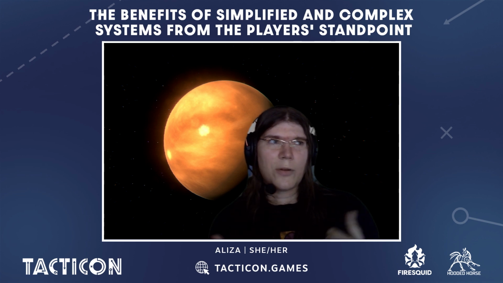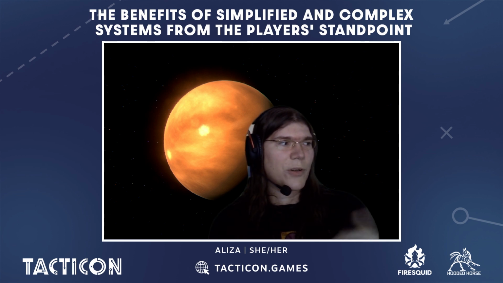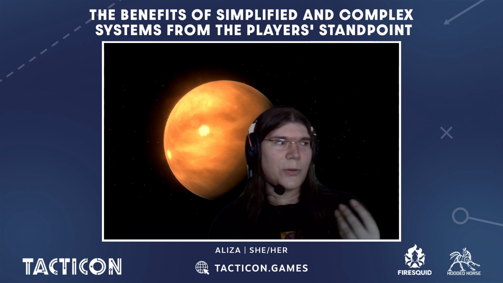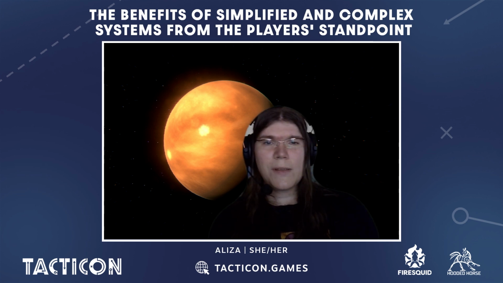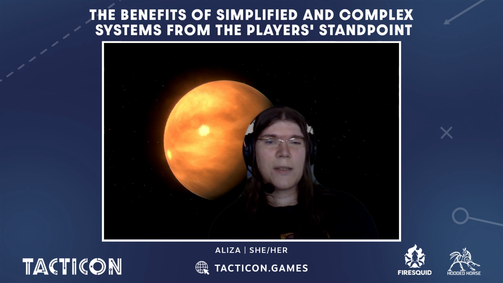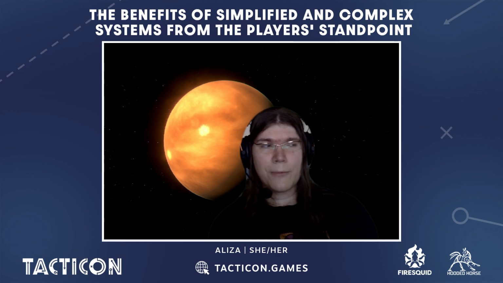So we are not going to measure a spell's duration in nanoseconds. What we do is, oh, there's this spell or there's this skill. Its duration is 3 turns because it's easy to handle. And the more simplified this subdivision is, for example, we just have turns and that's all.